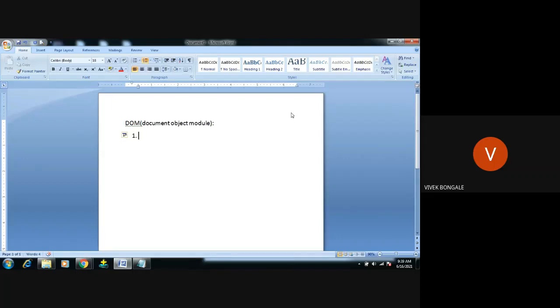The code we write in JavaScript to achieve some task should interact with the HTML. The HTML needs some input, and that input will be accessed by the JavaScript. You're getting my point, right?